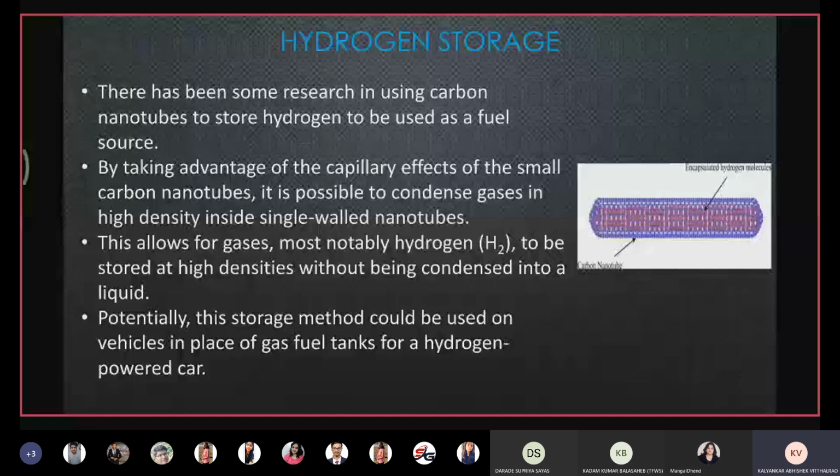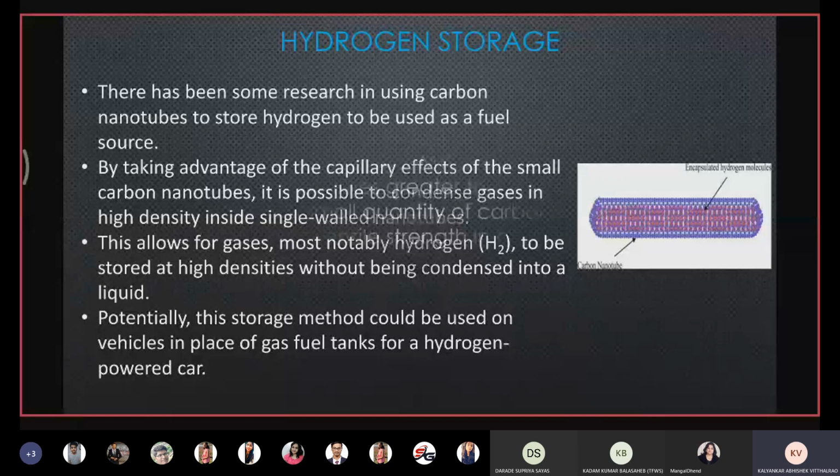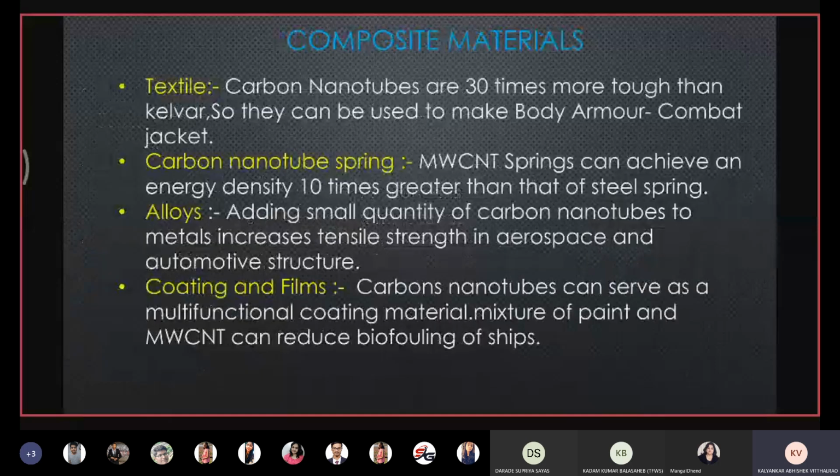So carbon nanotubes can be used in those cars to store hydrogen in the tank. This allows for gases, most notably hydrogen, to be stored at high densities without being condensed into a liquid. Potentially, this storage method could be used on vehicles in place of gas fuel tanks for a hydrogen powered car. Composite materials. Here are some examples of composite materials that can be alloyed or formed using carbon nanotubes and